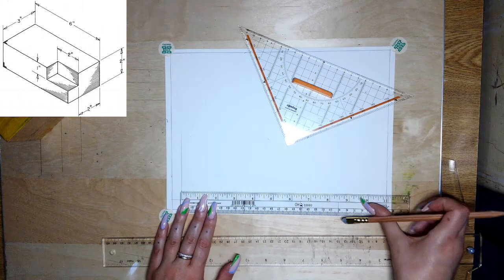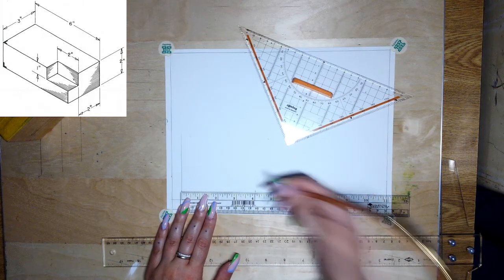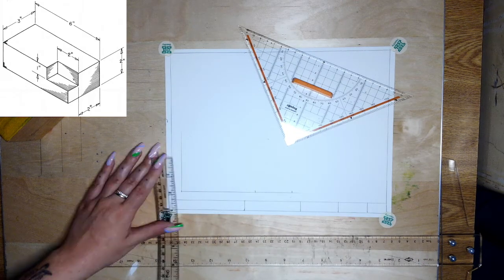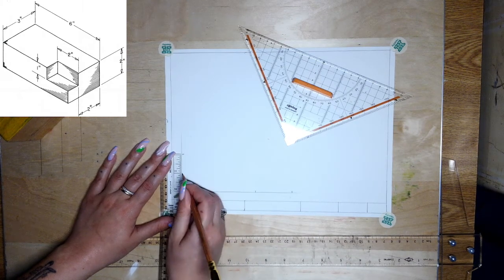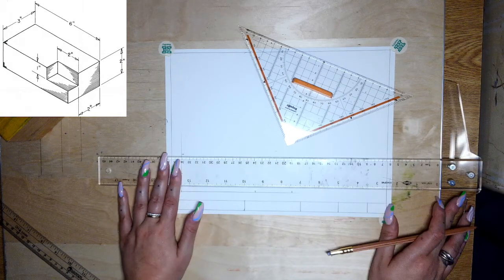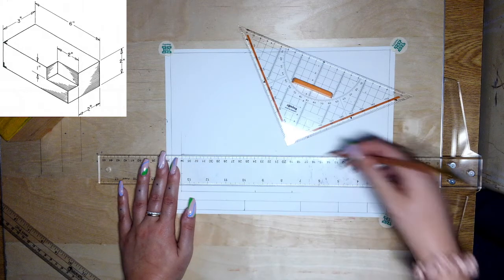So I'm just going to measure over 6 inches, and then I'm also just going to make a little mark at 4, just so I have that without having to measure several times. And then I'll make a mark at 2 and a mark at 1 to give me kind of less times that I have to go in and pick up my ruler and stuff. So I'll bring that guide